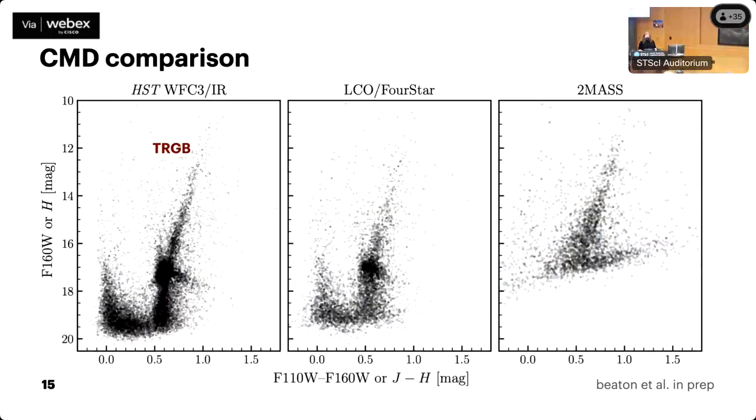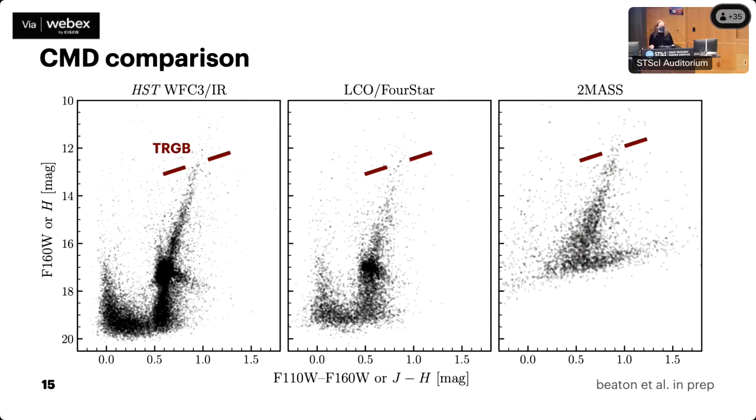And so aside from Maya's work, this project has been on pause since I graduated for a number of reasons. But just to show you where things stand and why we had to get FourStar data instead of using 2MASS directly, these are the color magnitude diagrams of everything we've got so far. We're still short a few FourStar fields because a lot of the HST data came in right towards the end of the program, which also happened to be a few weeks before my thesis was due. So that made that summer really fun.